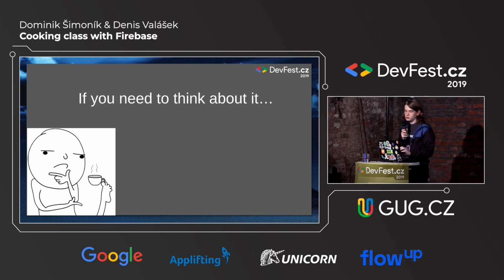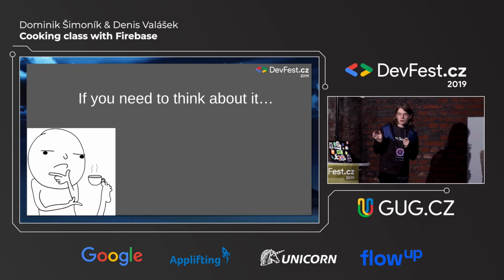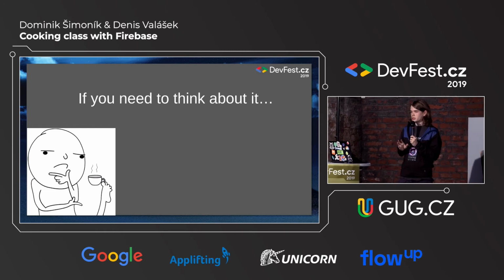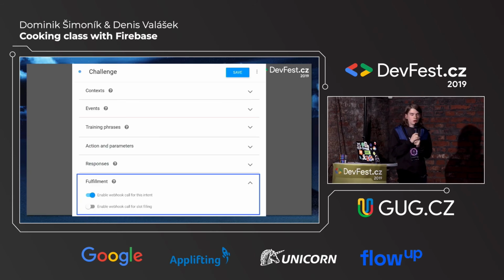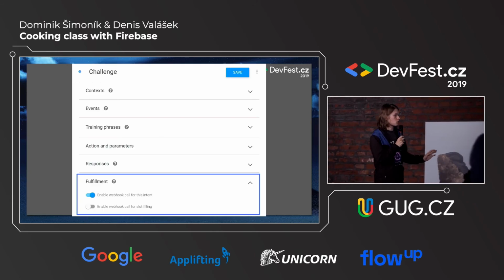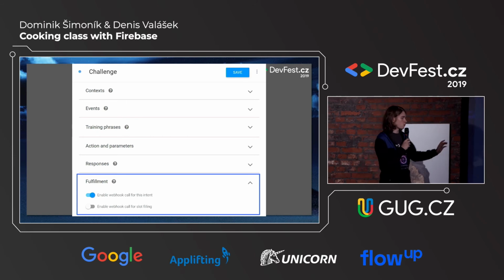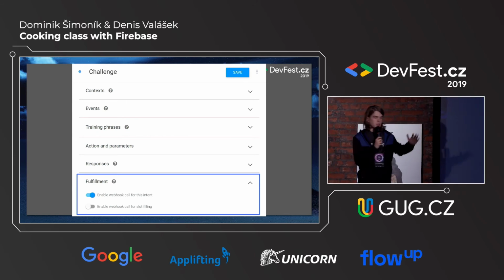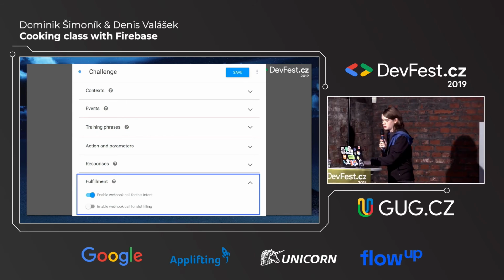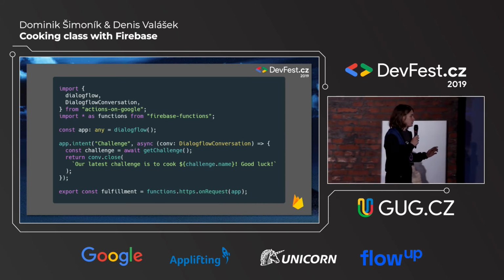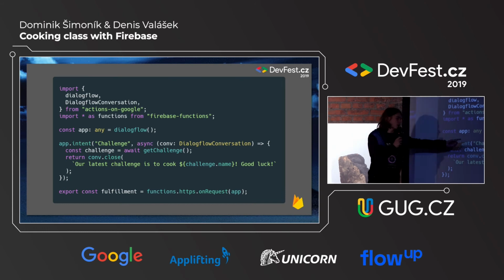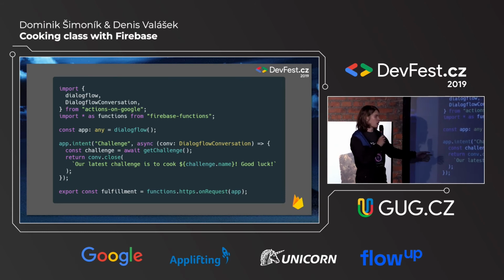But what if you need to think about it, and you cannot return just the same exact text all the time? You will enable the fulfillment and the webhook call for this intent. It will ignore the response, and it will send it to your Firebase Cloud Functions, which looks something like here. And here you have the name of the intent,